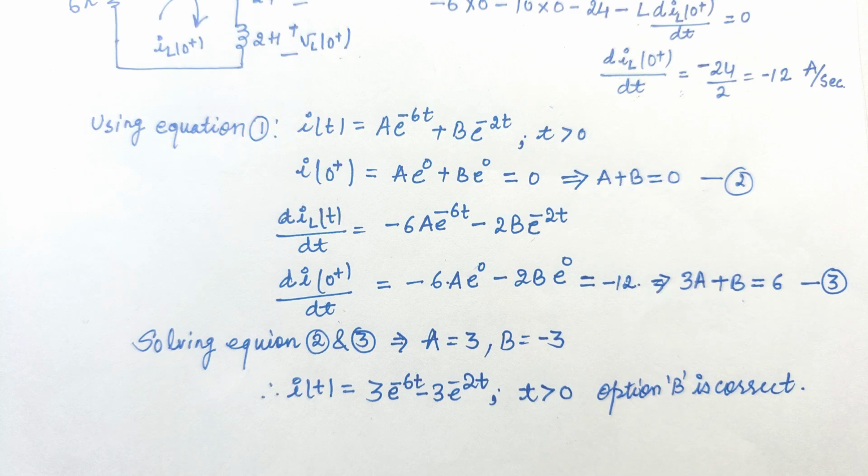So in this way, by step by step solution, we can find the transient of i(t) for a source free series RLC circuit and the transient for vC(t) of a source free parallel RLC circuit.